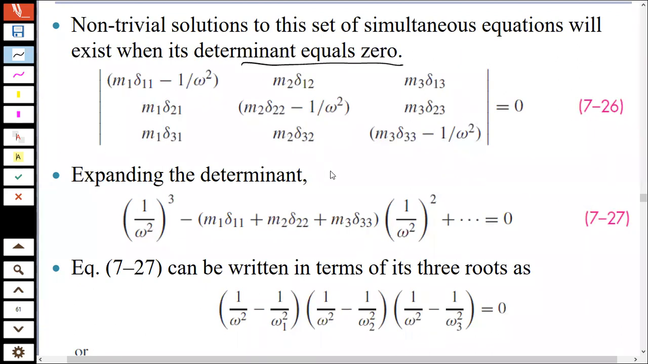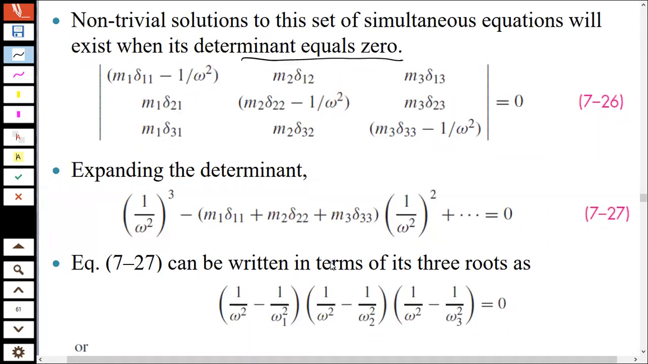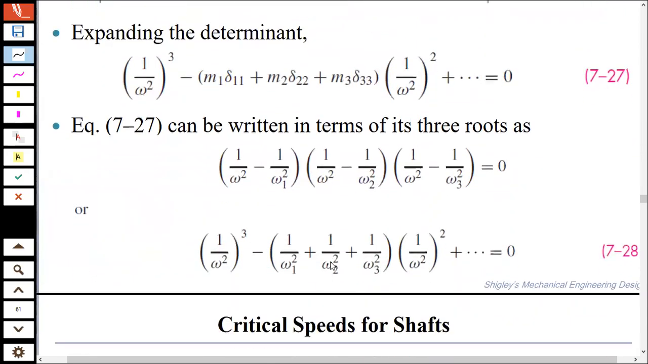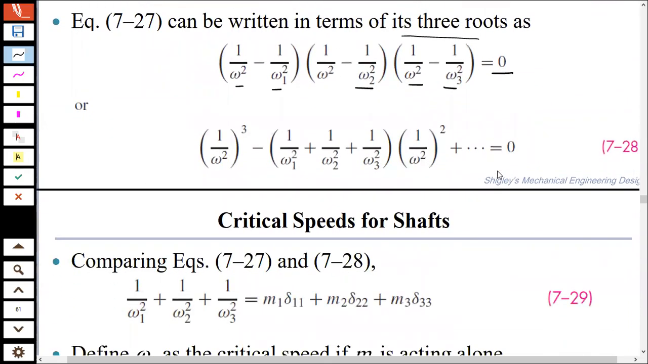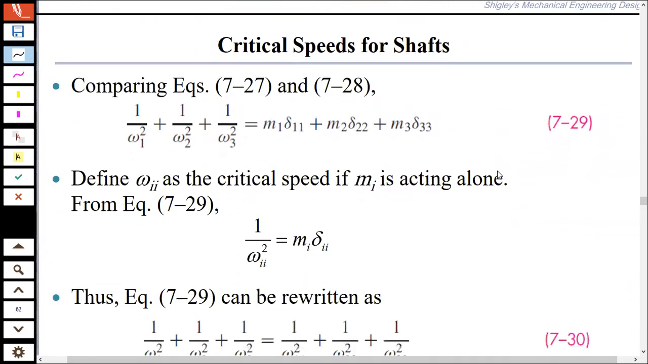So expanding this determinant, we can write it in terms of its three roots: 1 over omega square minus 1 over omega 1 square, 1 over omega square minus 1 over omega 2 square, 1 over omega square minus 1 over omega 3 square is equal to 0. ठीक है जी. Comparing equation 7-23 and 7-28, 1 over omega 1 square